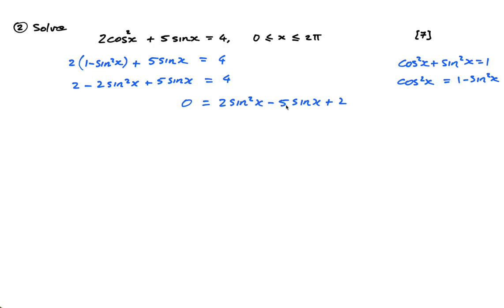Now I can factorize, or if you want, you can choose some variable like y, let y equal sine x. So this is actually the quadratic, 2y squared minus 5y plus 2 equals 0. This factorizes, 2y